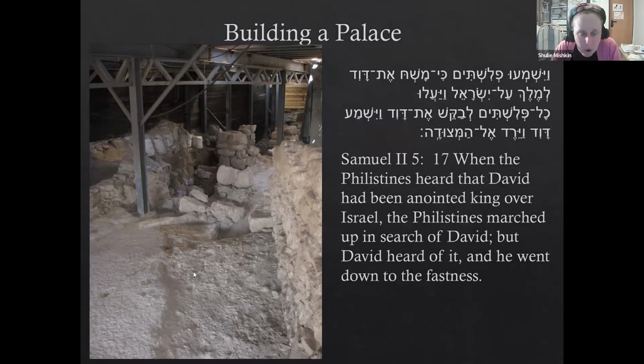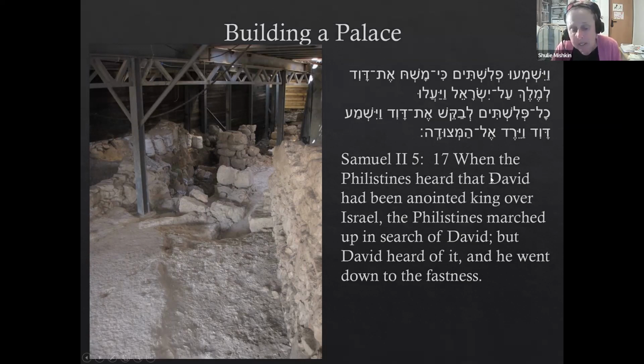And what she found was a very massive wall with pottery that she dated to the 10th century. And she said, you know what this is? This is David's palace. Other archaeologists did not agree with her. She stood by her guns and she based what she said not only on the archaeology, but on the verses,